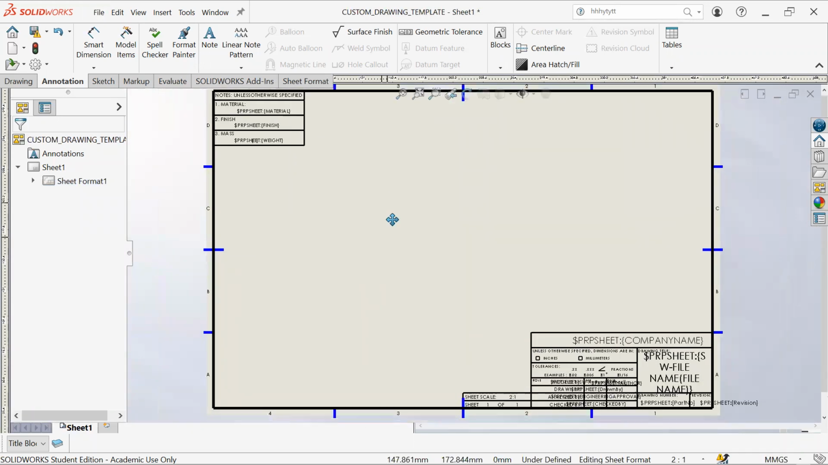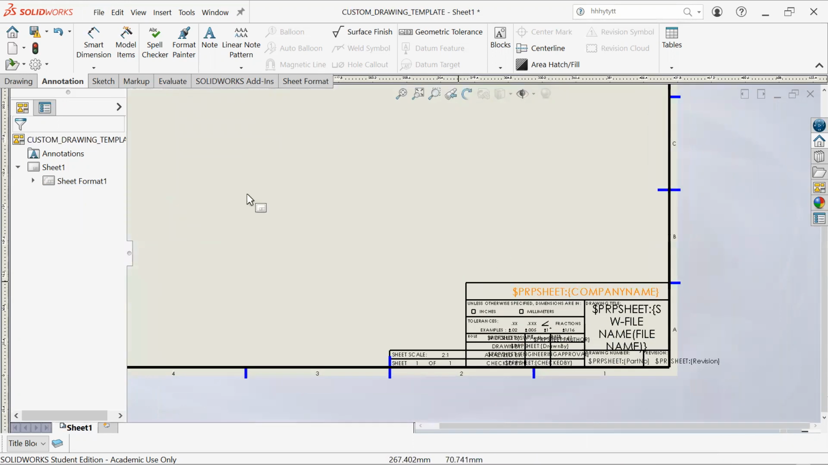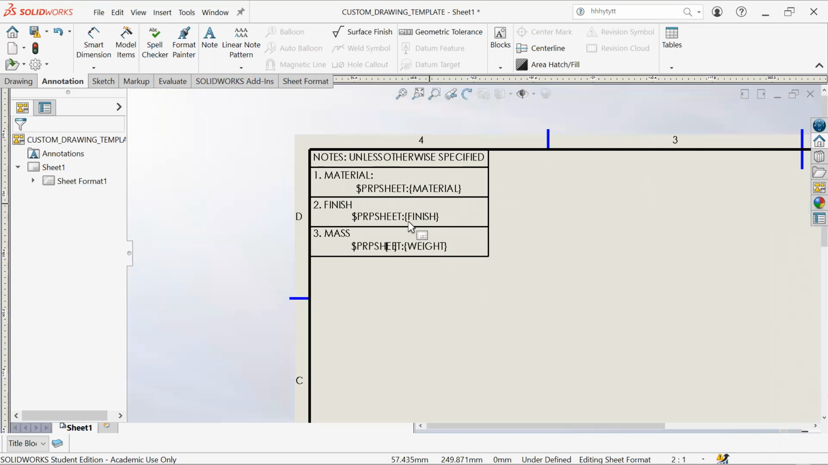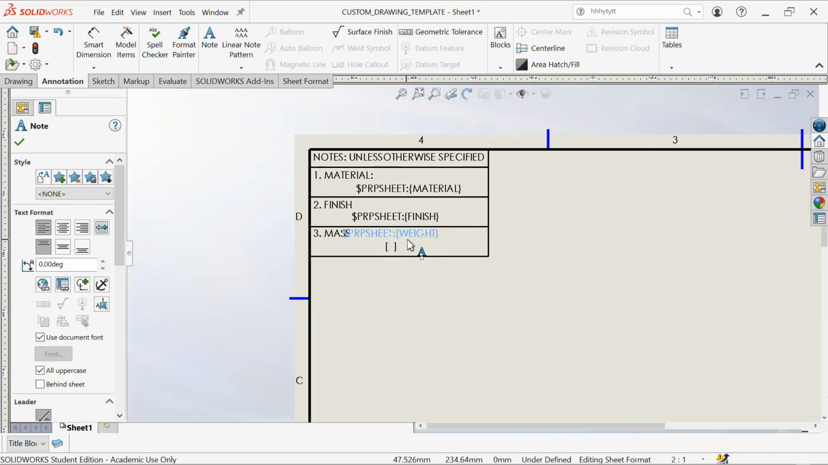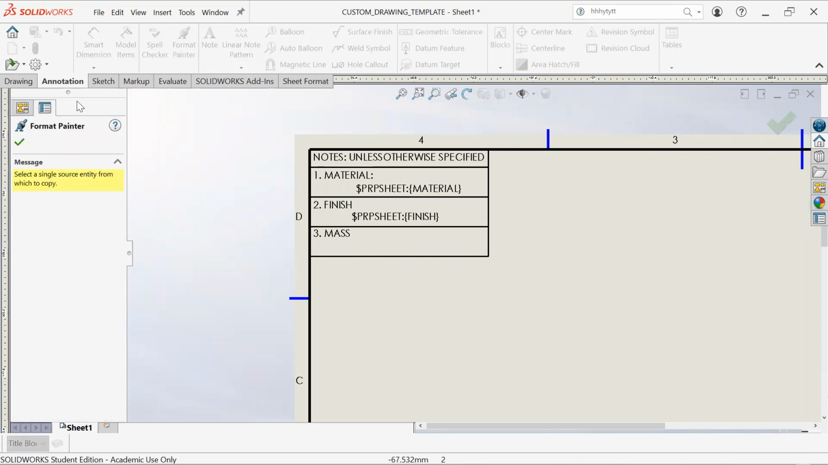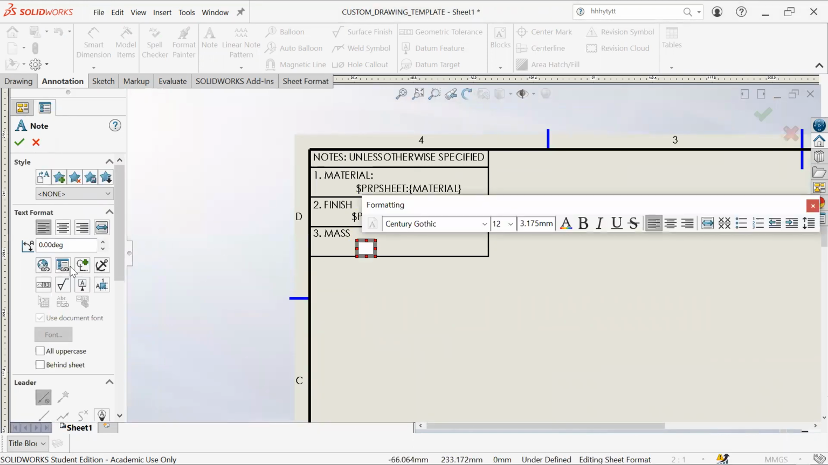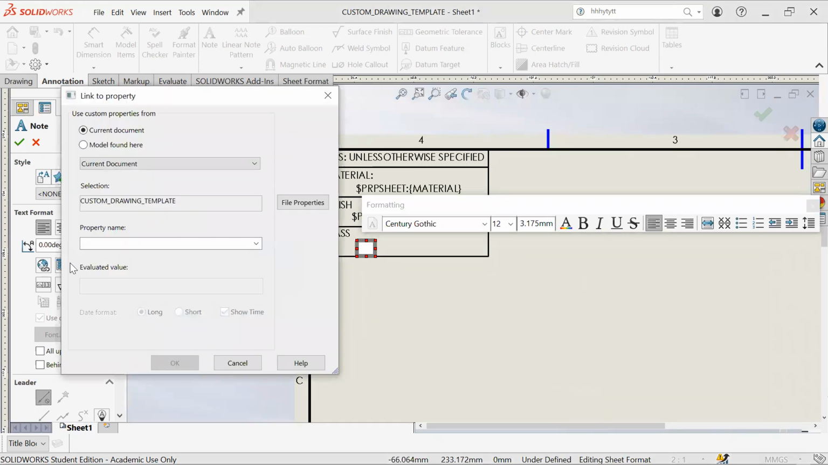Okay, so once you get your template, you can play around with it, organize it. You can add more links if you want. We can change the link. If you don't want it to be called weight, if you want to link your own property here, you can. All you can do is go into notes, make a note box first. You always need a note box if you want to display something. And then you hit this, link to property. So you want to click on model found here, and then